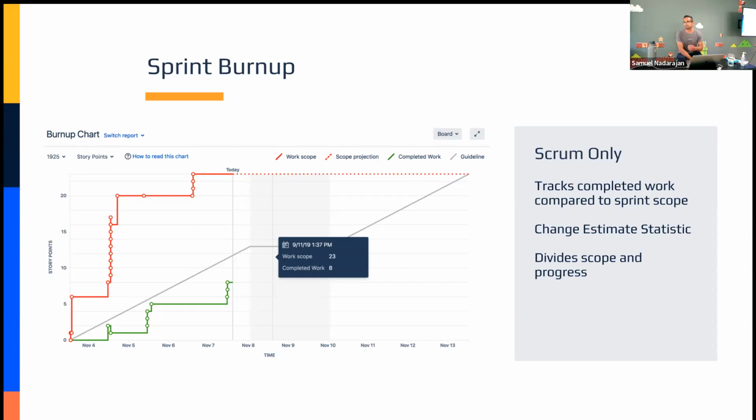So no scope increase in the entire sprint, what would we expect the red line to do? Exactly how it is right now. So as we get to this point in time, this dashed line should become solid as you move towards the end of your sprint. So if from the beginning of the sprint there was no scope increase, it would just be a red line all the way at the bottom. It would be a red line at the top. Yeah, so it's